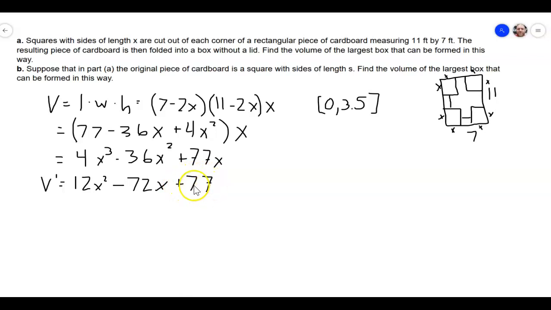All right, now I am unsure whether or not that is factorable, but instead of trying a bunch of stuff, I am just going to use my calculator for this. So what I'm going to do here